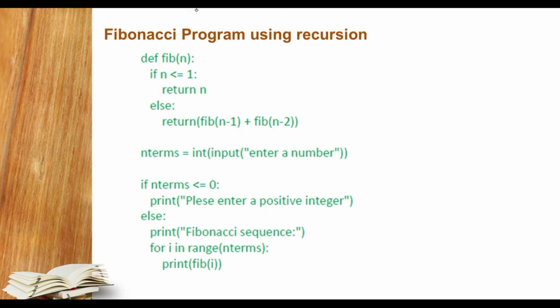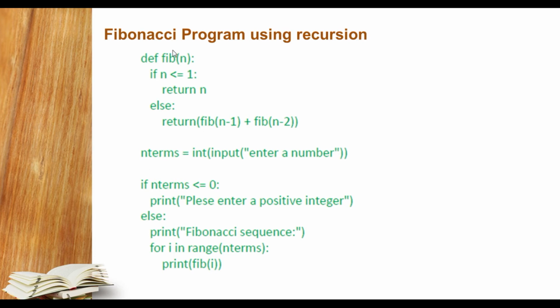Here in this particular program we have defined fib, that is, Fibonacci number. Within the round brackets we have passed the number of terms, and then after that a new indent will start. If n is less than or equal to 1, then it will return n, as I said in our algorithm. Otherwise, in the else part, it returns the Fibonacci function of n minus 1 plus the Fibonacci function of n minus 2. Here we are passing the argument n minus 1 and n minus 2, and we are going to add them and return from the function again, until n is equal to 1 or less than 1.